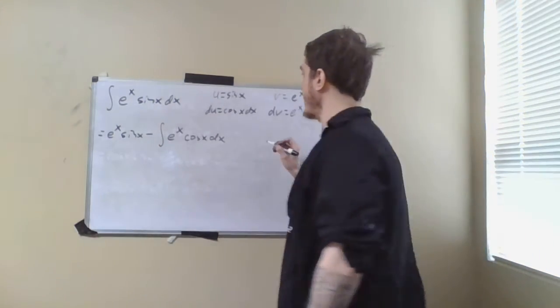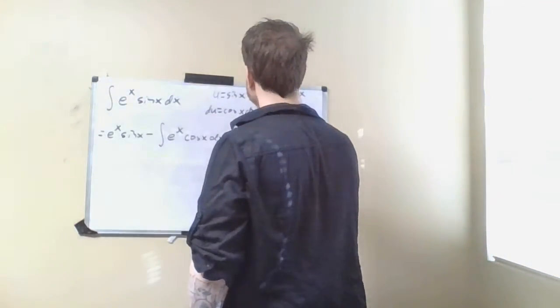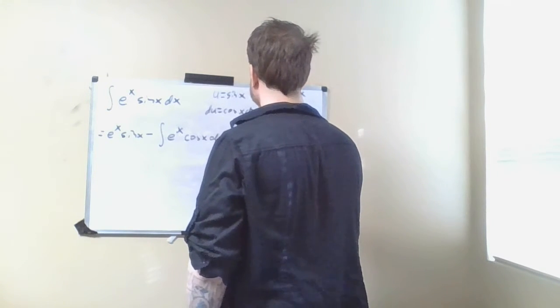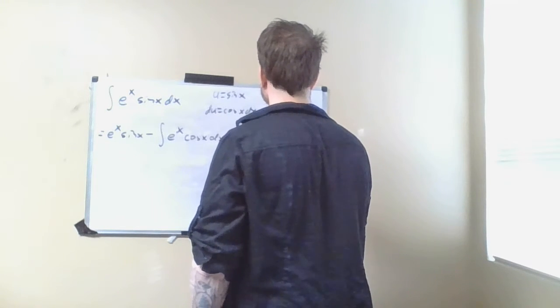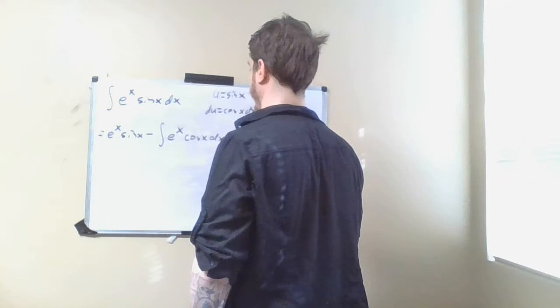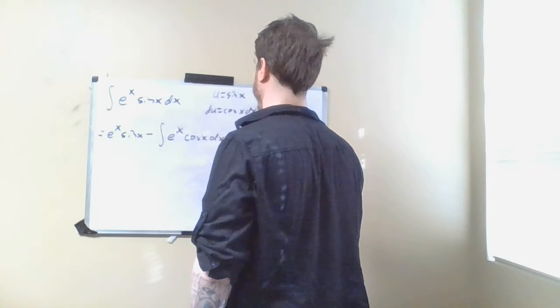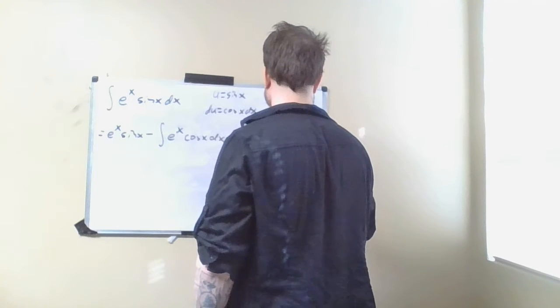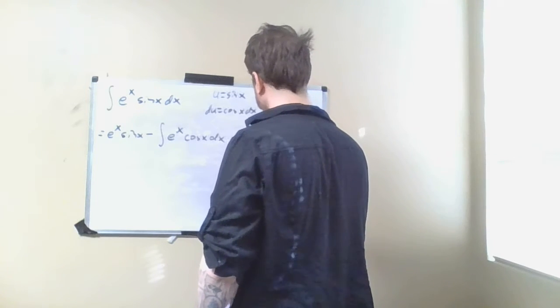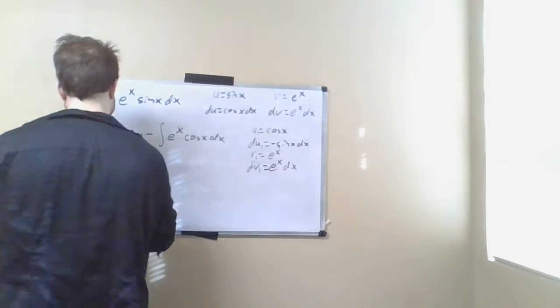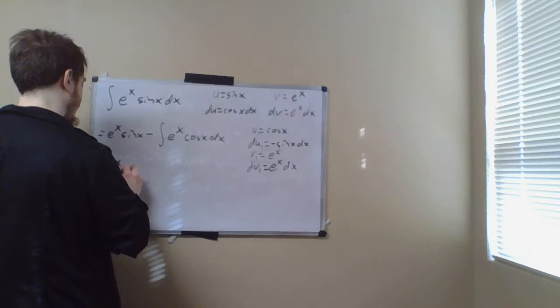So what I'm going to do is I'm going to say, okay, let's take u1 to be equal to cosine x. That makes du1 to be minus sine x dx. dv1 is going to have to be e to the x dx, and then v1 is still going to be just e to the x. So this becomes e to the x sine x